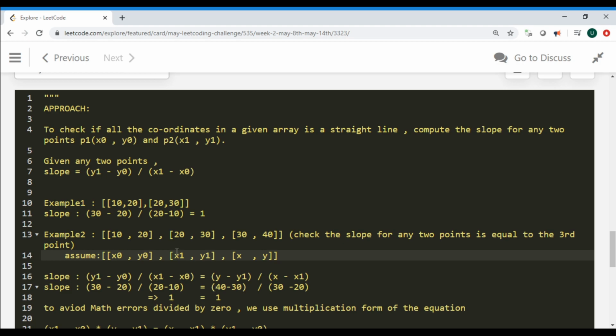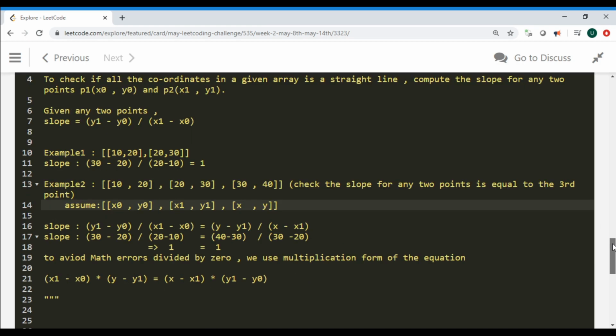Then I pick one of those 2 points and subtract it from the third point to get the slope value. Here, if you see both the slope values are equal, then these 3 points form a straight line.